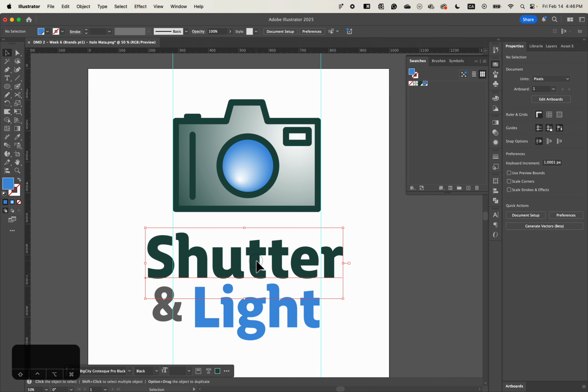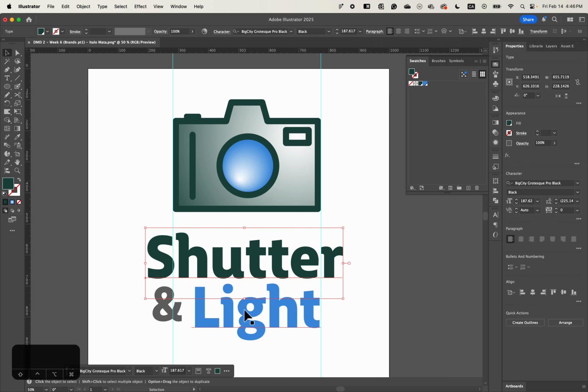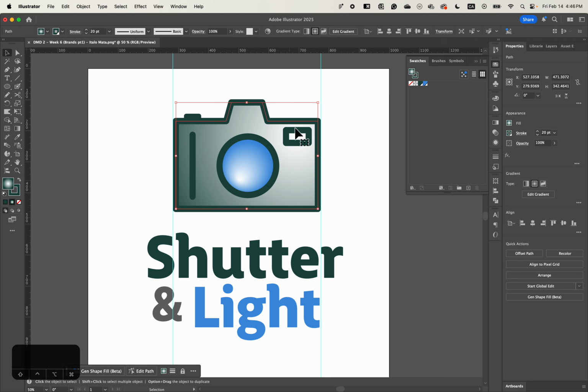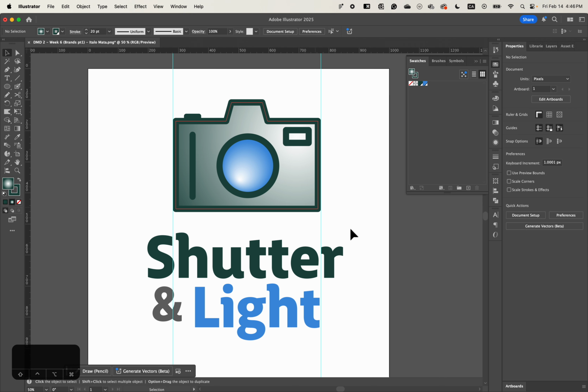One thing that I liked about this font here, so this font is Big City, black, and it has this interesting movement. I thought it would match well with my logo. It's sleek, and I like the curves here. I also like how the T here is creating this movement, and there is some continuation here if